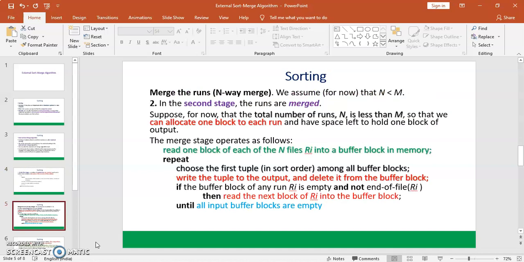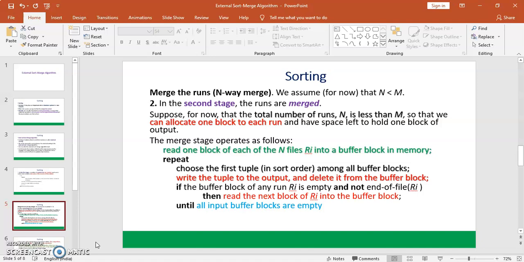In the second stage, we have to merge these runs, and it is called N-way merge, where N is less than M. The runs are merged in the second stage. Suppose for now that the total number of runs N is less than M, so that we can allocate one block to each run and have space left to hold one block of output.